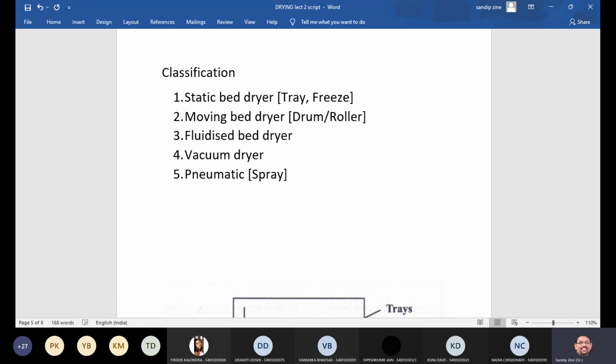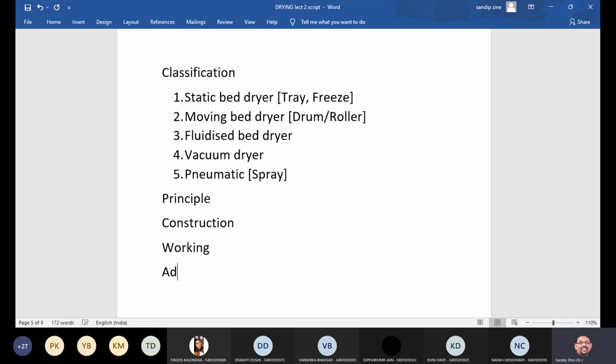So first of all, we will talk about the principle of all these dryers. I just write some pointers as a principle of all these dryers, whatever we have to discuss. Then we will see the construction part, exactly what is the assembly and in what way it is molded and giving the job as a dryer equipment. Then the third pointer that we will take for discussion is about the working of all these dryers, in what way it will work,